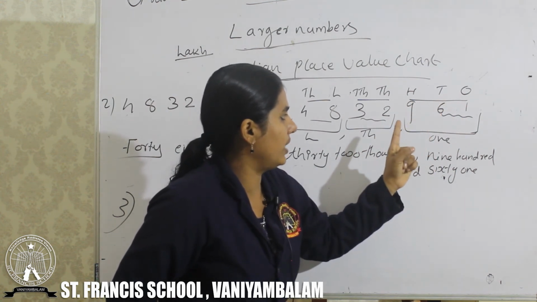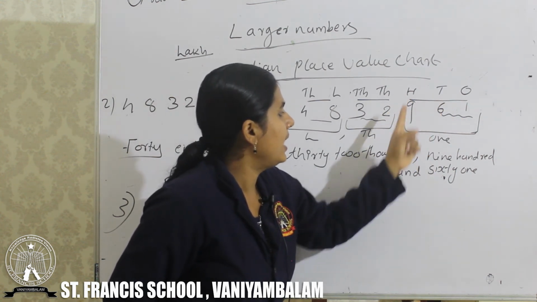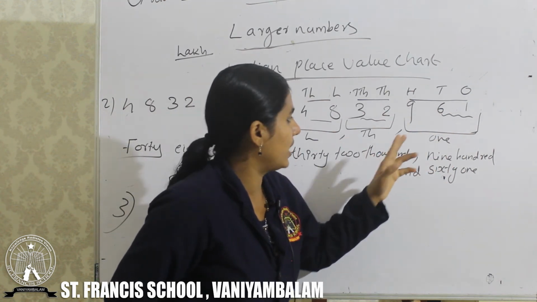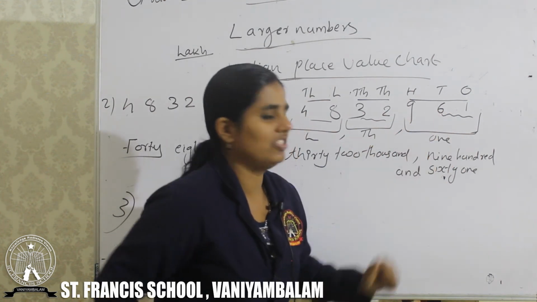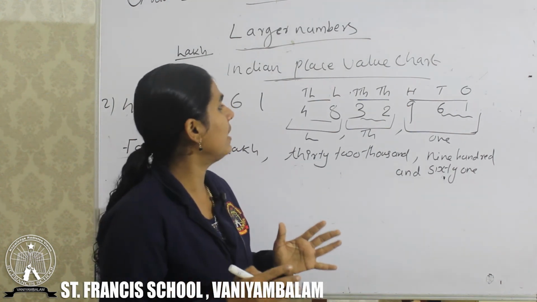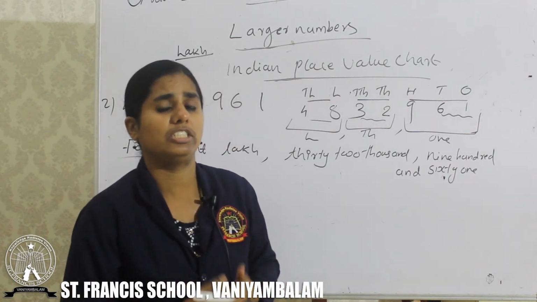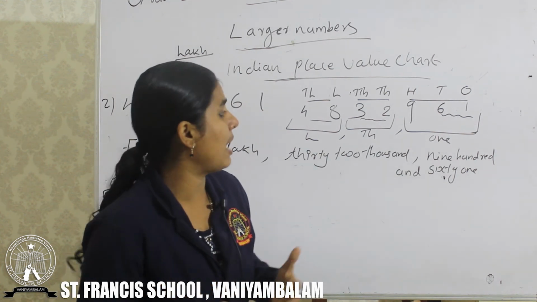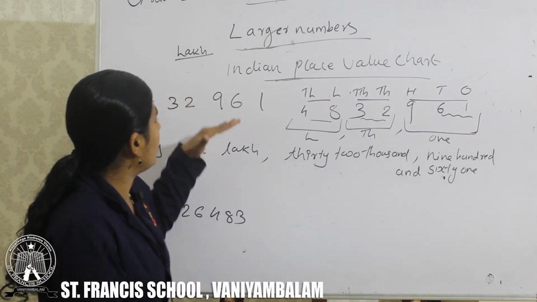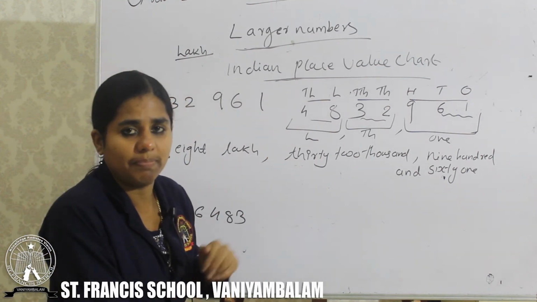Hundreds, tens and ones together. That is how many hundreds here? 900. Every time tens and ones we want to read together. That is 961. Your answer is correct. This way, every time when you write the question and answer, check your answer one more time. Read the number name of your answer one more time. Then you can compare your question and your answer, and see if they are matching.